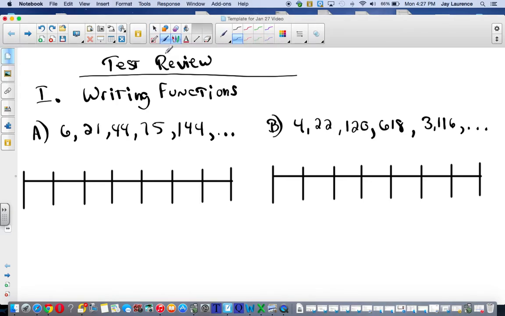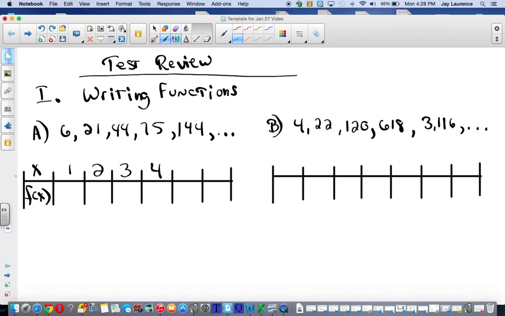So let's get down to it. We're writing some functions here. I've got 4 problems. You can only see 2 of them. Not showing the other ones yet. Not going to do it. Going to make my table x and f of x. Do you have to do all this work? Not necessarily. You got to understand that x is your input and f of x is your output, and that